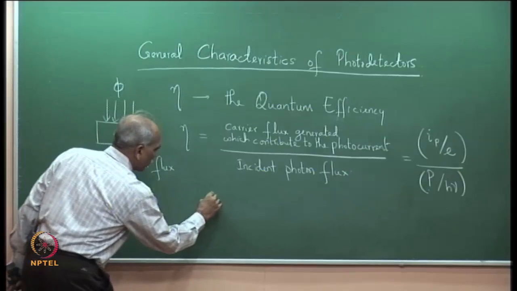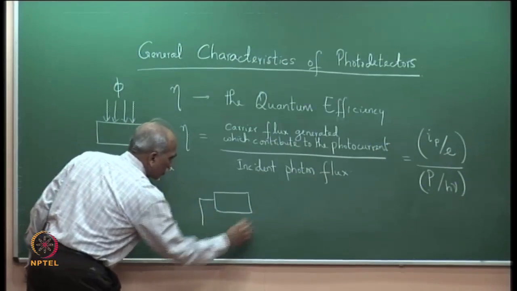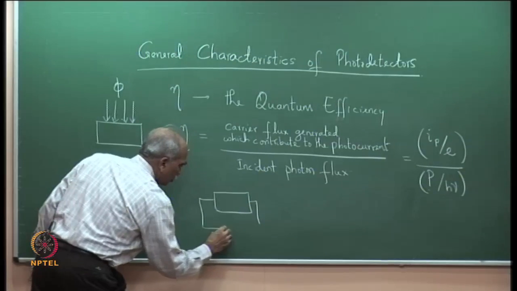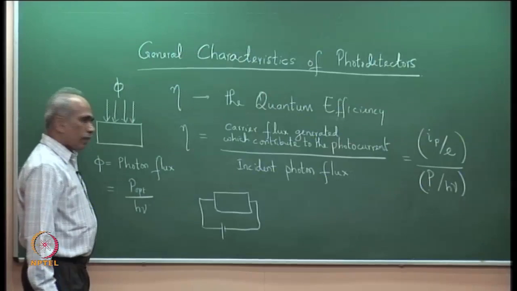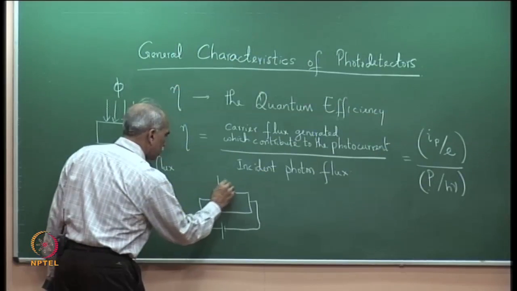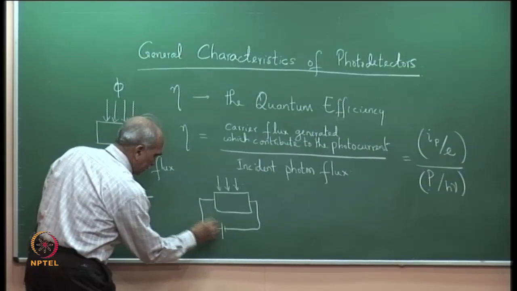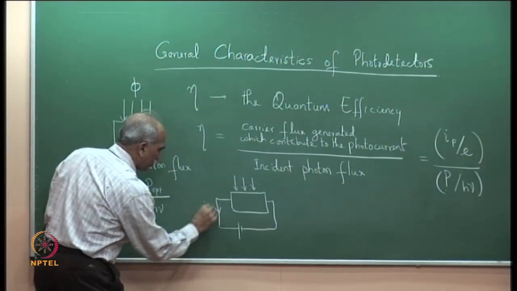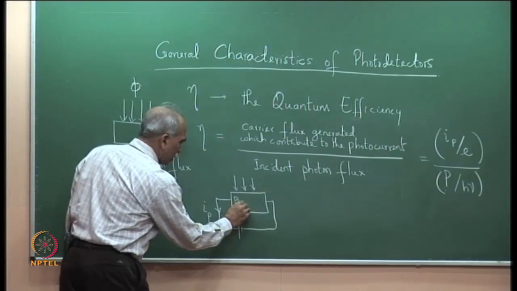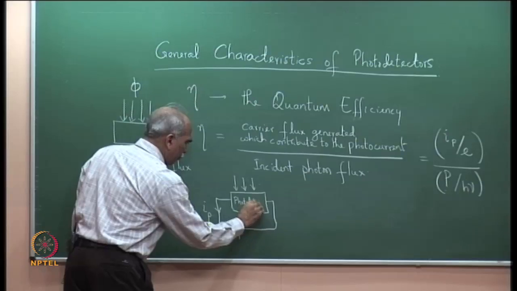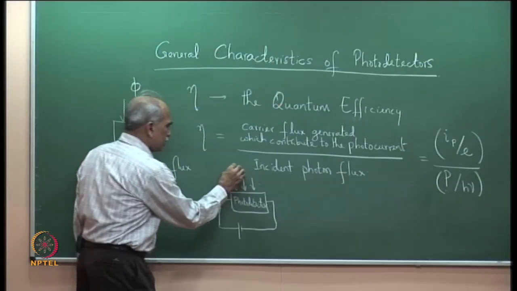What it means is, let me draw here again. So, here is the photodetector, and you apply a voltage here, then the incident photon flux here leads to a photocurrent, which is a reverse current IP in the external circuit. So, this is the photodetector. What type of photodetector, we do not worry now, it is a photodetector and there is a photon flux phi